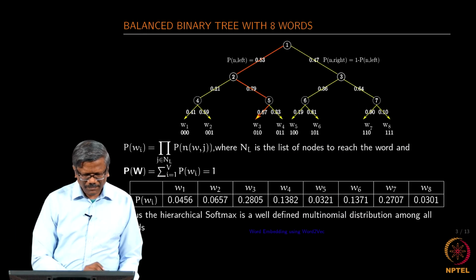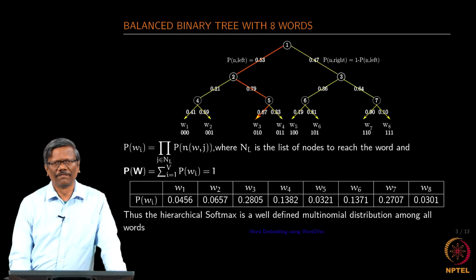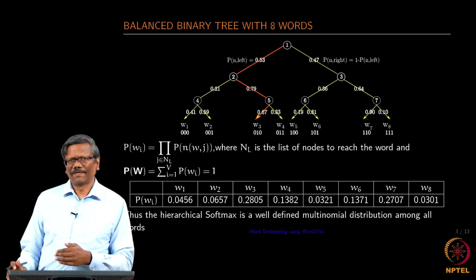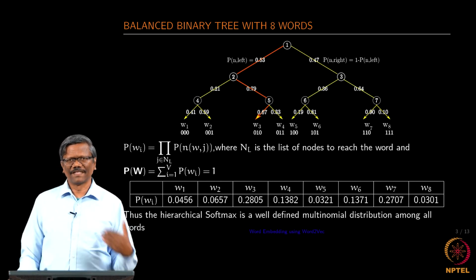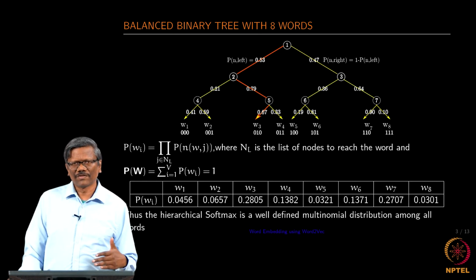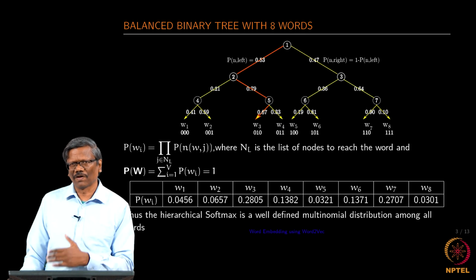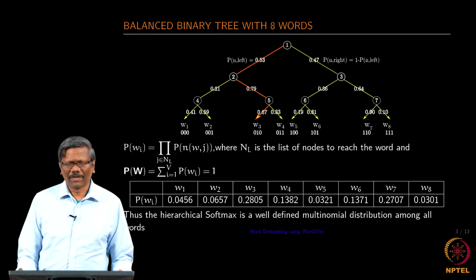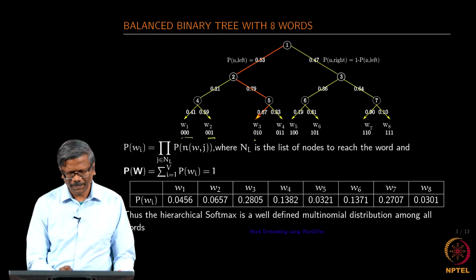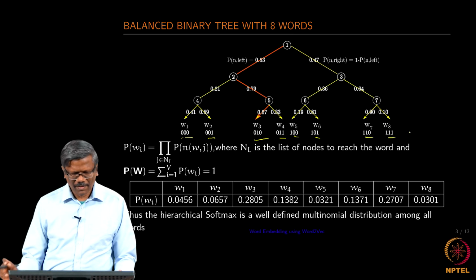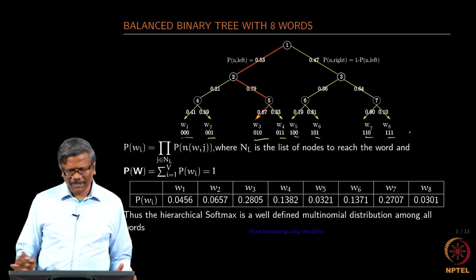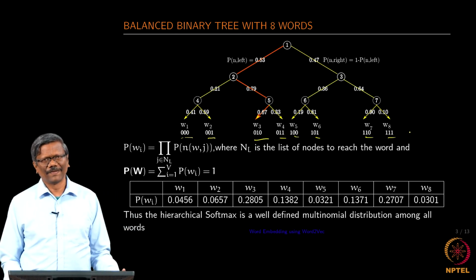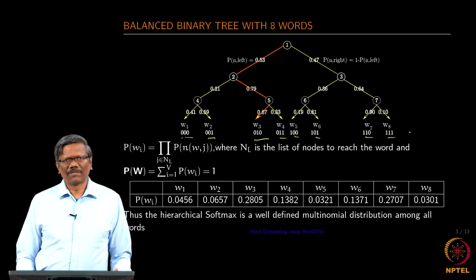All right. So, now let us take an example with 8 words. We want to find out the probability for each word, which is normalized as we had seen in the softmax. So, the goal is to really find out whether we are able to get to the level of softmax without having that complexity of softmax. All right. The path is given here at the bottom. I am just going to make up some values initially, and then see how this could be translated into the word2vec model.